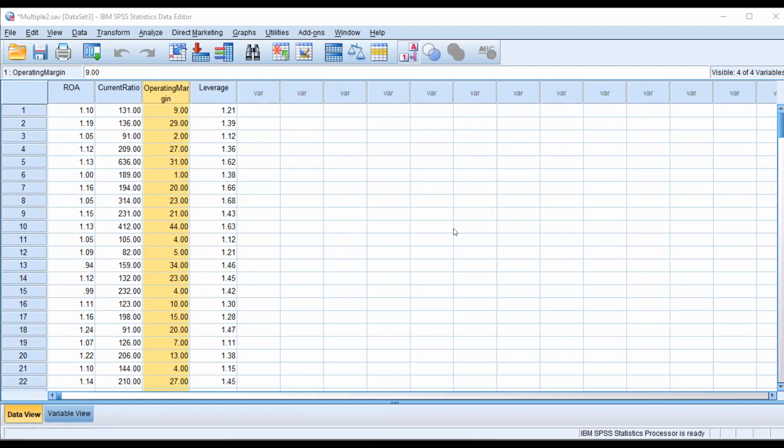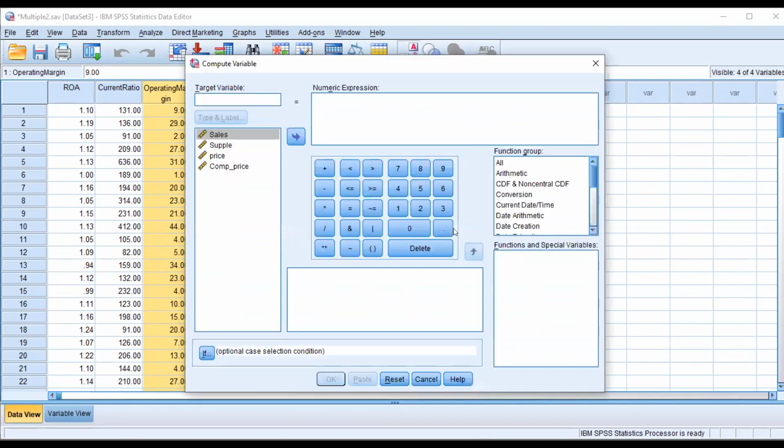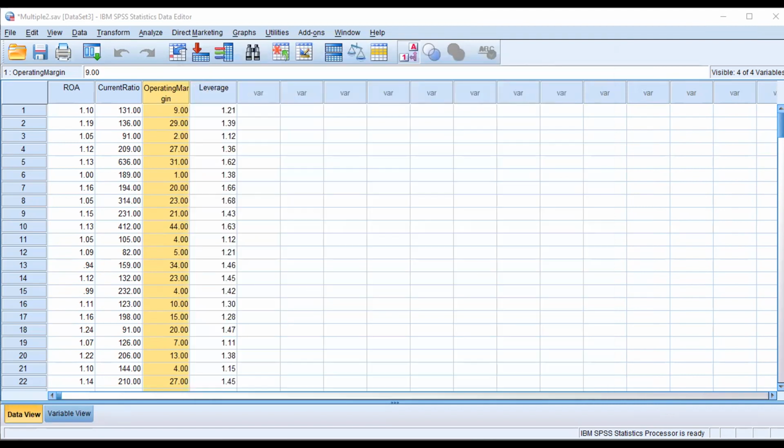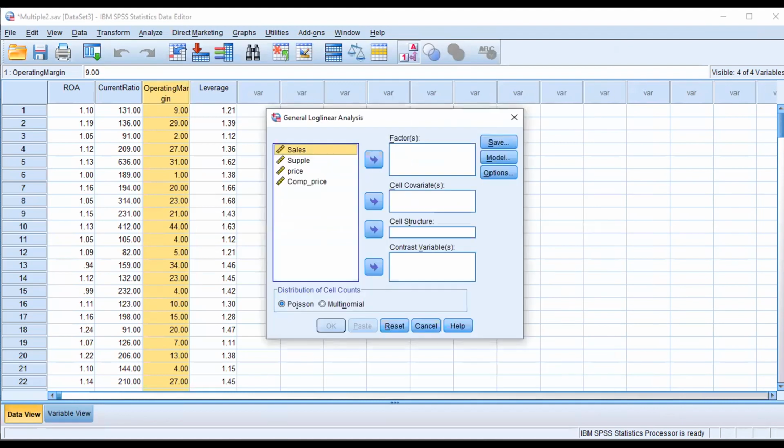So if I want to do that, I can transform the data. This method is known as the log linear model. There is another method, but the log linear method is for the general case. In general, you can say this, it needs lots of modification.